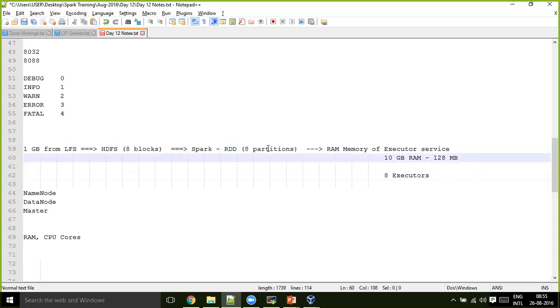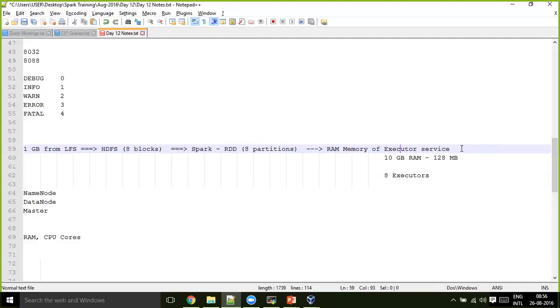So 8 partitions, each partition with 128 MB size, are loaded into the JVMs of your executor services, inside that, the RAM memory.